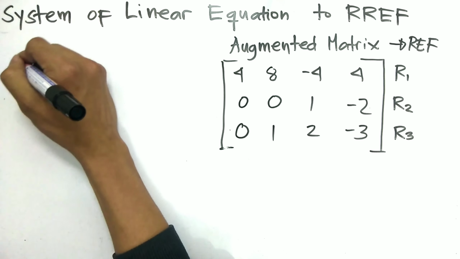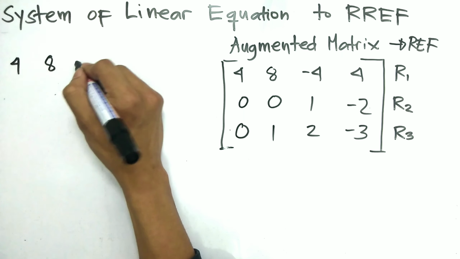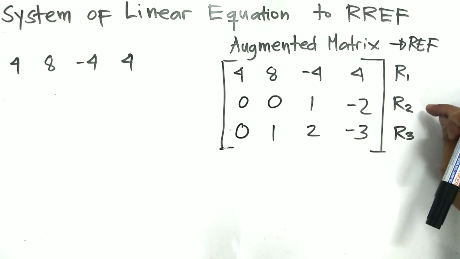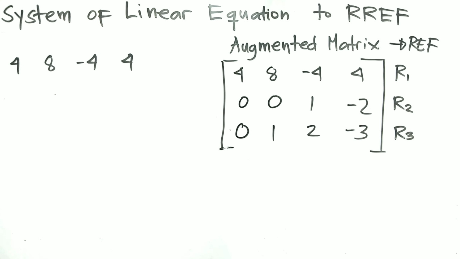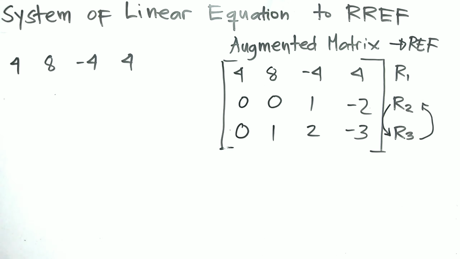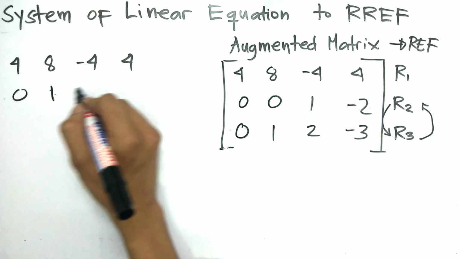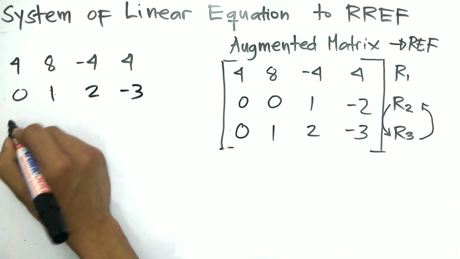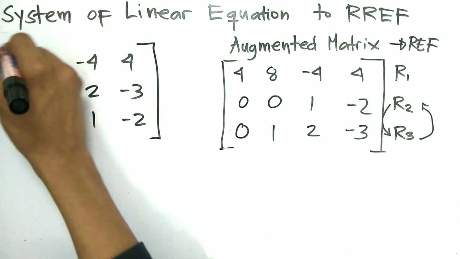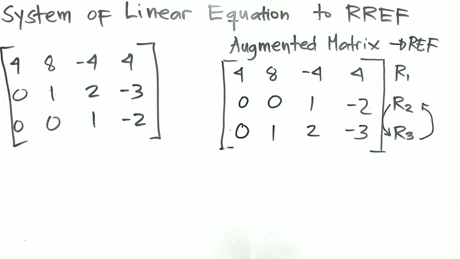new matrix. This is 4, 8, negative 4, and 4. Take note that changing the designation of our rows will not change the solution for our matrices. So we can interchange these two values. Your row 2 will become your row 3, and your row 3 will now become your row 2. So this is 0, 1, 2, negative 3, 0, 0, 1, and negative 2. So we have our new augmented matrix